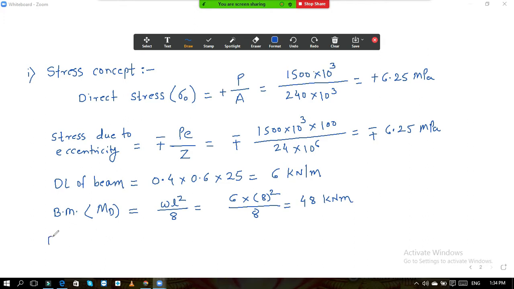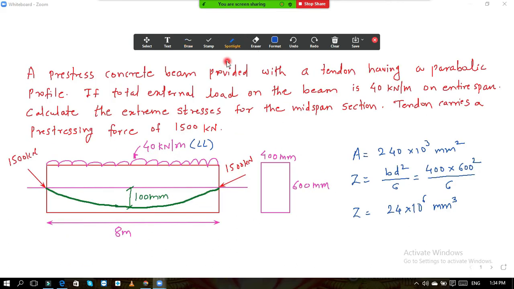Now after the bending moment, calculate bending stress now. So the bending stress due to dead load is equal to MD by Z. Now how to give the plus minus sign? Now if you see, dead load is acting like this only, UDL will be there, and this load is downward load. So this downward load will try to bend the neutral axis in this direction. It will try to push down the neutral axis.